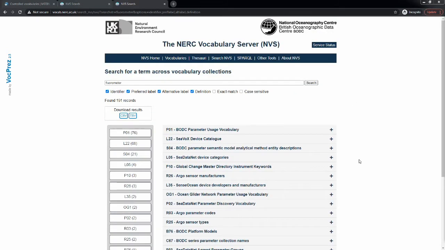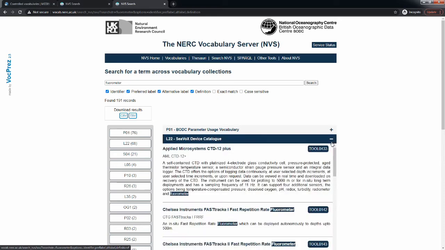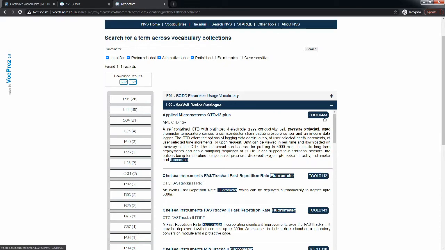So this is a really good option if you're not sure which vocabulary to use, because it allows you to quickly explore the terms in each vocabulary and decide which one will work for your use case. So if I was looking to describe an instrument used to collect data, I'd be able to tell from the name of the vocabulary and from the terms that are available in the drop-down that the CVOX device catalogue is probably the one I'd want to choose. So you can either select individual terms from here, and that will take you directly to the page for that term,